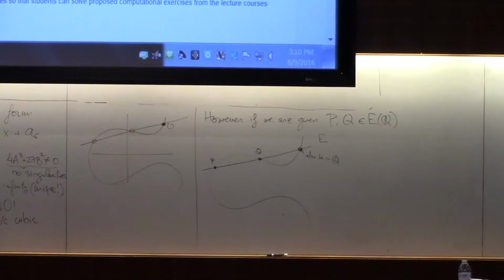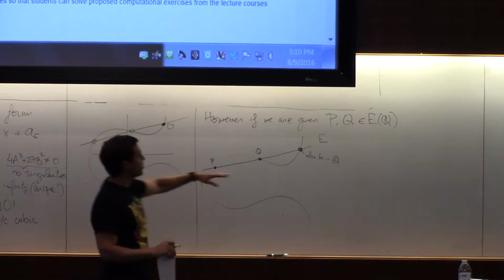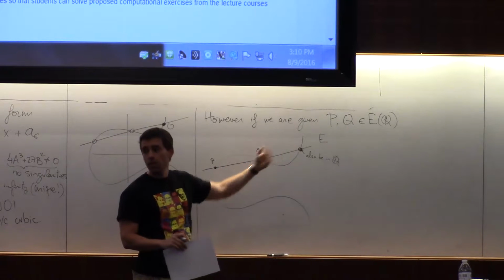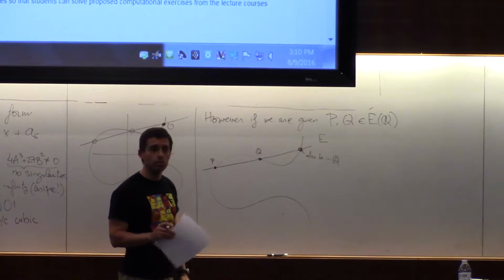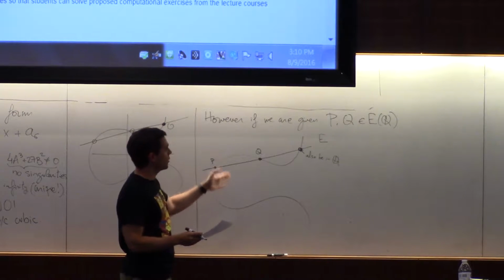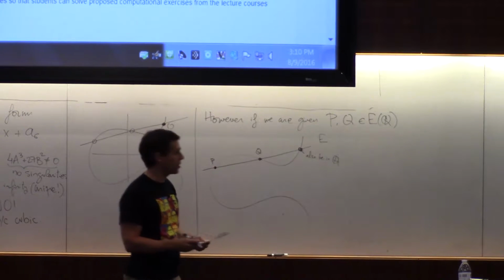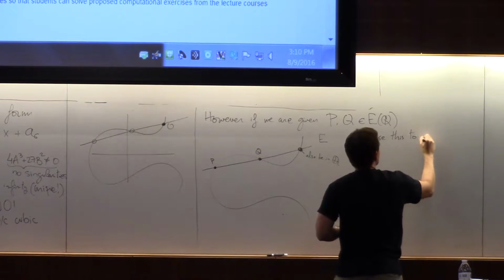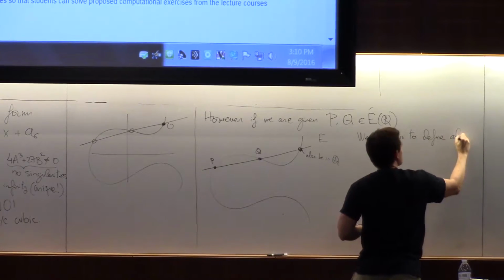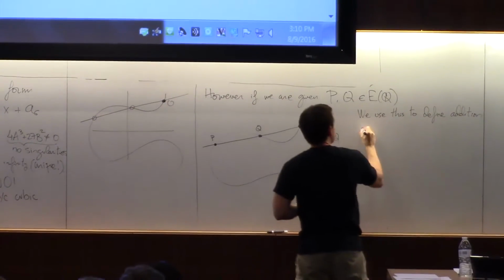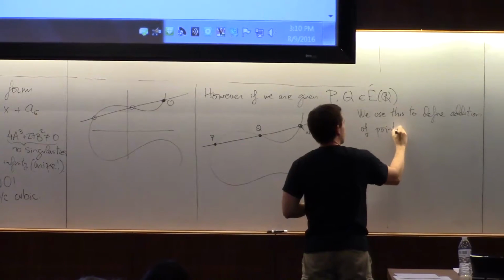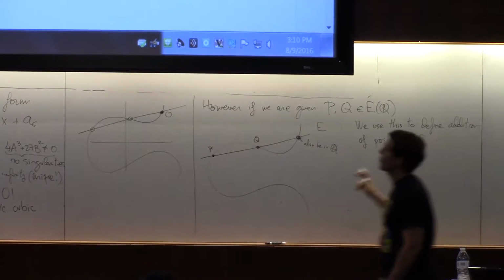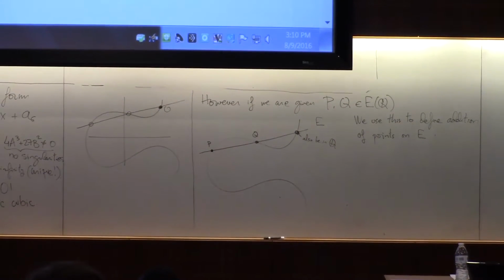I get a cubic in 2 variables intersect with a line. Now I get a cubic polynomial with 2 rational roots. Then the third root should be rational also. Okay, and it is. So we use this to define an addition of points on E, and I'm already regretting I said this here, but